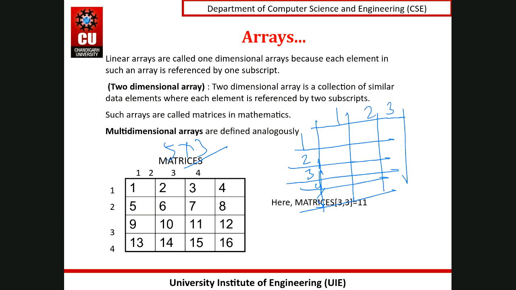Now if I talk about this particular element, its index would be the intersection value of row and column. This is the second row and second column. This particular one is the third row and third column. And this one would be the fifth row, 5 comma 3. Yes, Tanu, right. Right, Anubhav.